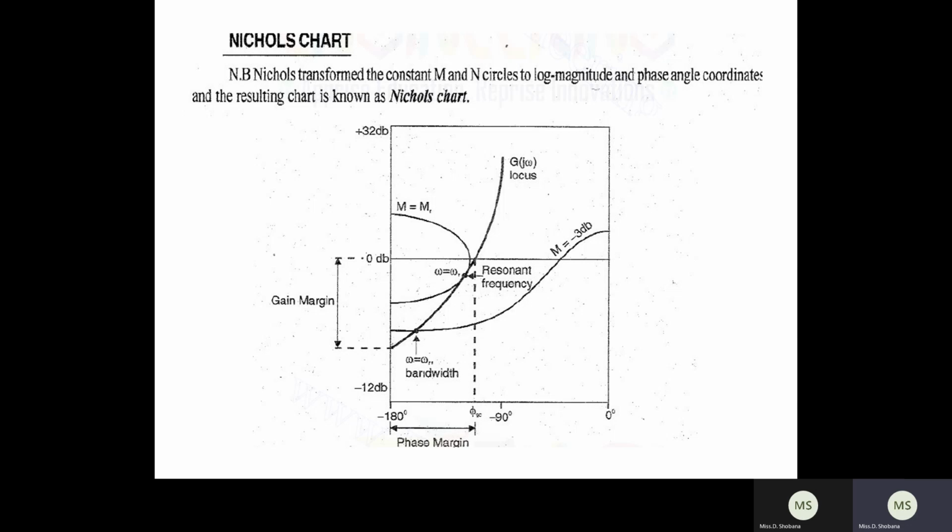Similarly, here you can also determine the phase margin and gain margin. If you want to determine the gain margin, always remember minus 180. The G of j omega locus intersects the minus 180 line at this point, and the value from 0 dB to that point is a minus value, so therefore the gain margin becomes a plus value. Similarly, if you want to determine the phase margin, always remember 0 dB. The G of j omega locus intersects 0 dB at this point. The corresponding vertical phase angle will be phi gc. Identify this value and substitute it into the formula: gamma is equal to 180 plus phi gc. You will get the phase margin. Okay, so this is how you determine the various frequency domain specifications from the Nichols chart.